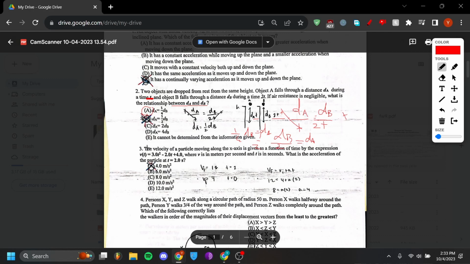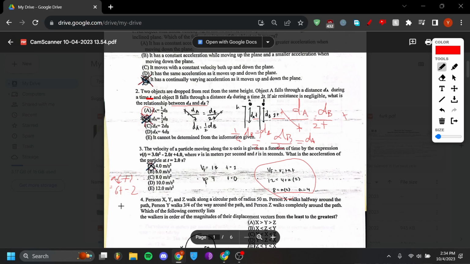All right, moving on to 3. Right here, I messed up because I just didn't do derivatives, and I picked A, I think, because I did the third equation, which was wrong. If you did the derivatives, you could have easily gotten this question right. So the derivative of this would be a of t equals 6t minus 2, and then this becomes 0. So you get 6t minus 2, and then you just plug that into your calculator,